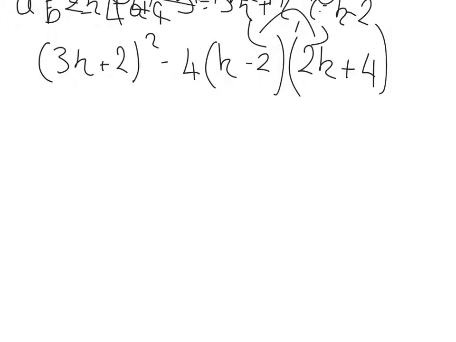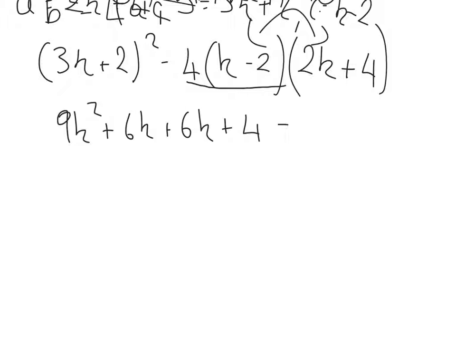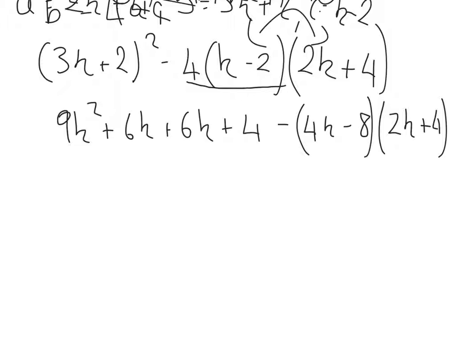Okay, so opening up this squared bracket will give me 9k squared plus 6k plus another 6k plus 4, minus, and I can put these two together, and that will give me 4k minus 8 bracket 2k plus 4. So just tidying up some terms here, that will be 9k squared plus 12k plus 4